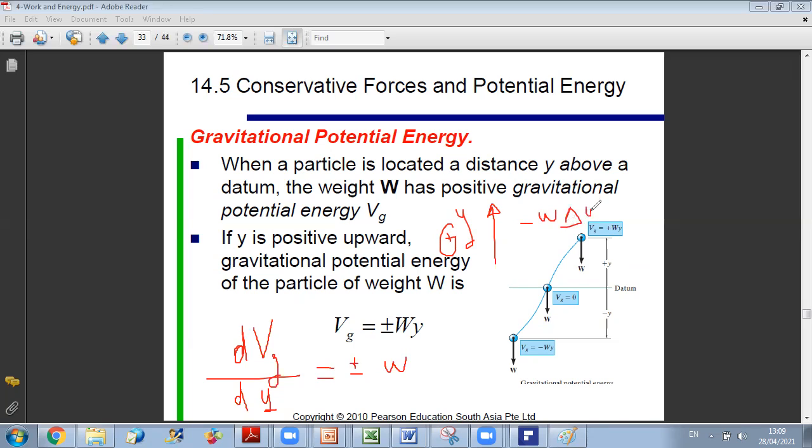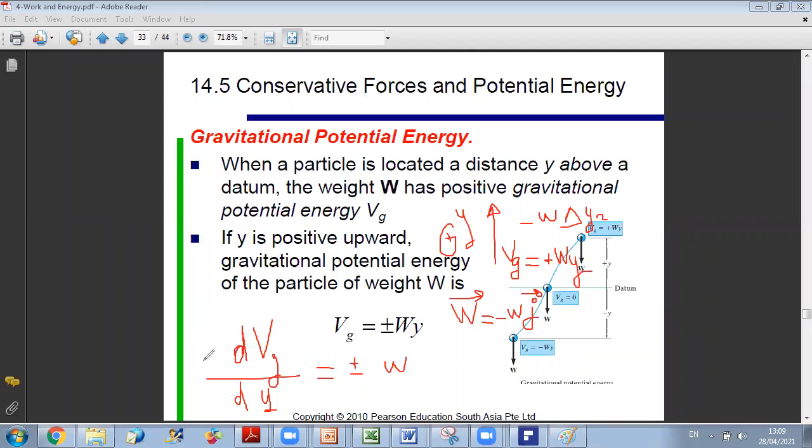So you can see here that when y is upward, the weight force W is equal to minus w j. And in this case, when y is upward, the gravitational potential Vg is defined as plus w times y. So if you derive now,